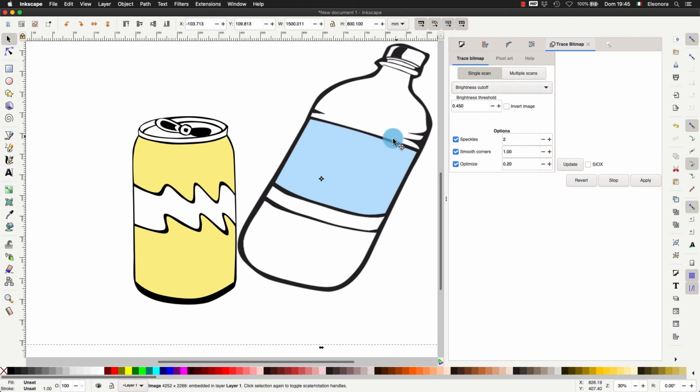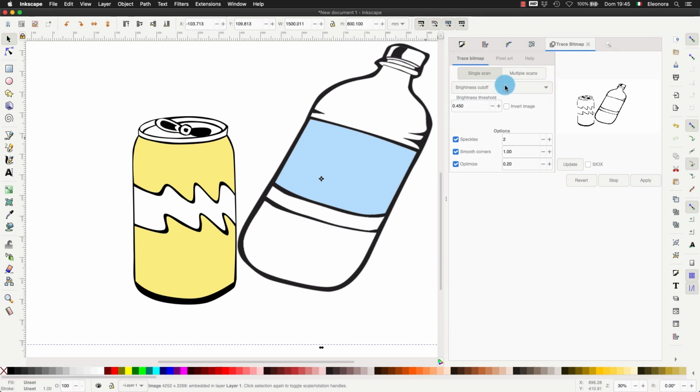The brightness cutoff is the best option that I suggest you to use. It's a simple way of tracing that skips the light colors and will understand which part is white, which part is black, and then it will create a single path that is your image, so a single vector part. Anyway,